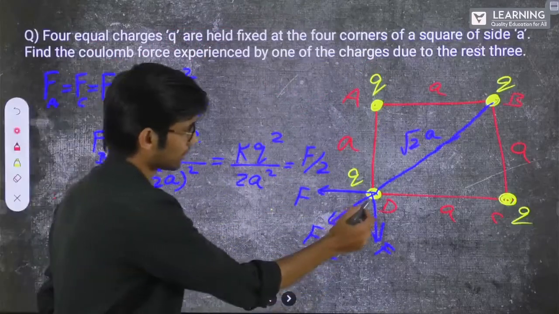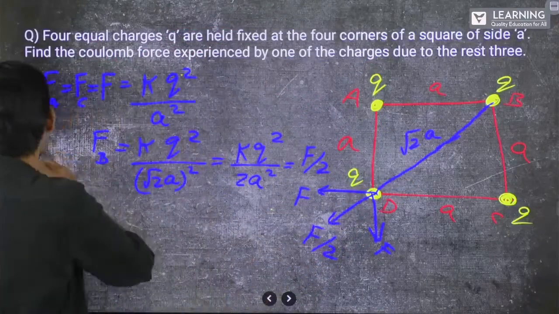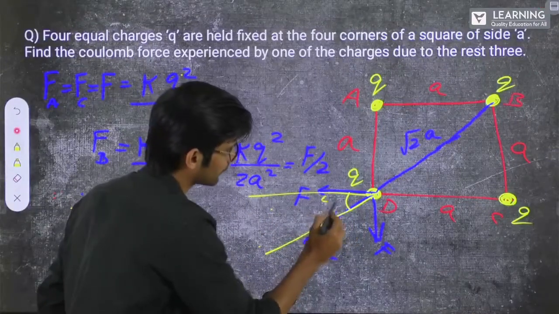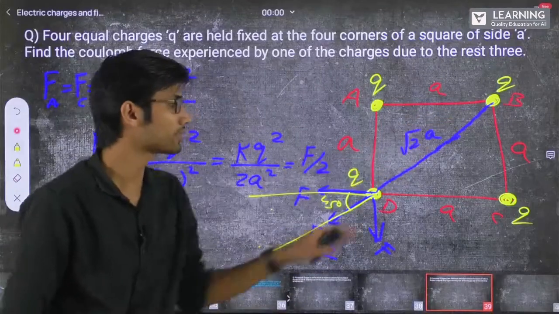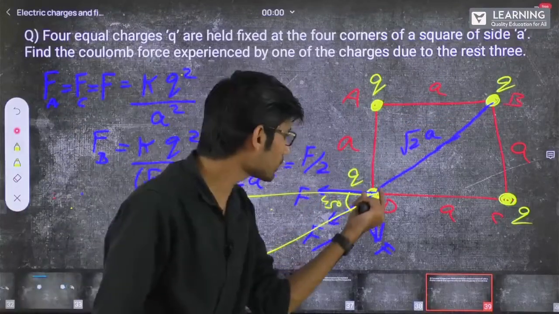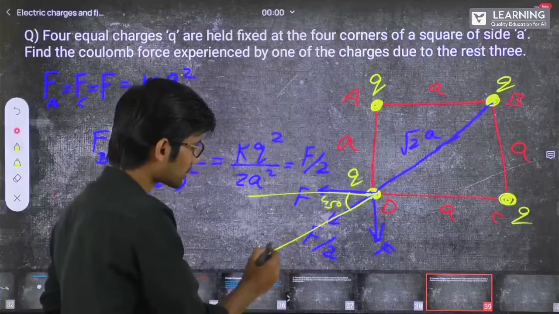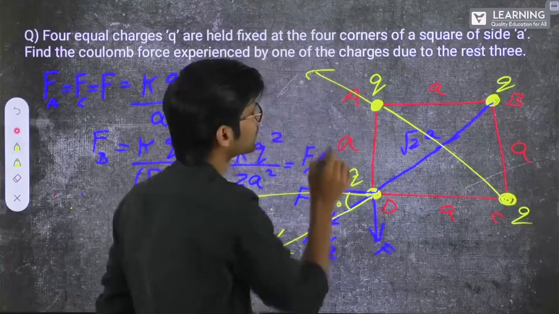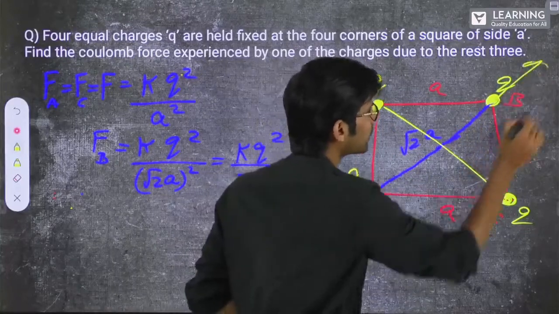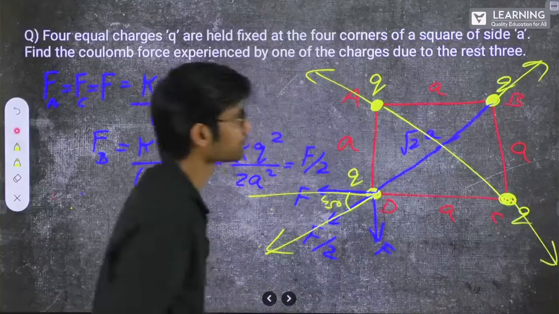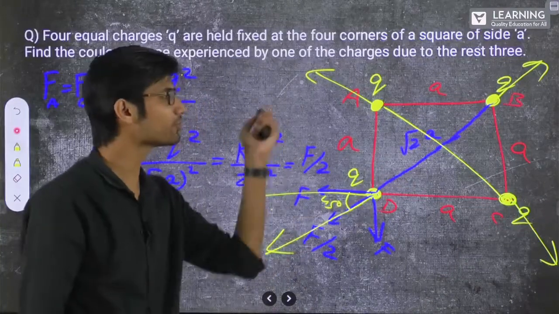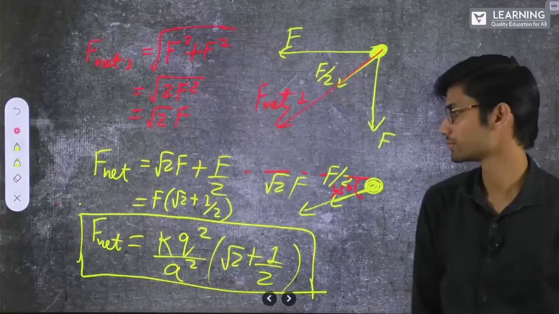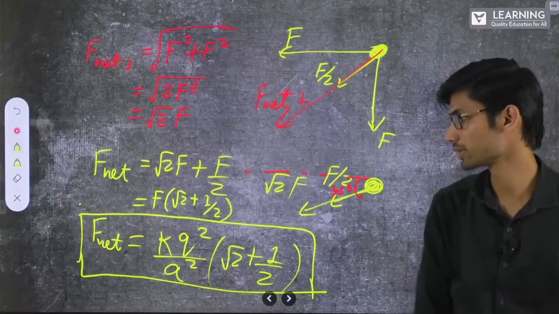This is at this corner. At this line F net will be. So from this line, this is 45 degrees. This will be along the line of diagonal. So now see, the force on this, along this line of diagonal will be outwards, the F net. On this also, due to all these charge, will be along this diagonal outwards. On this charge, along this diagonal outwards. On this charge, along this diagonal outwards. In any charge you find out, the magnitude will be same because all the charges are same and the distance is same between all the charges. Okay?